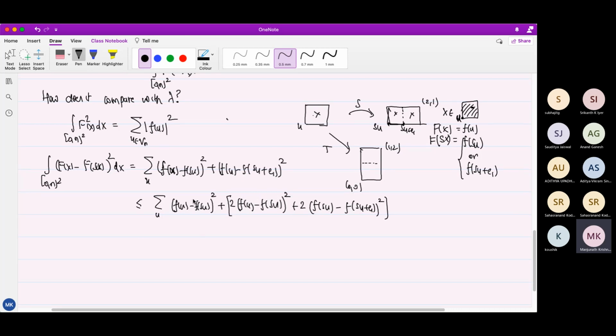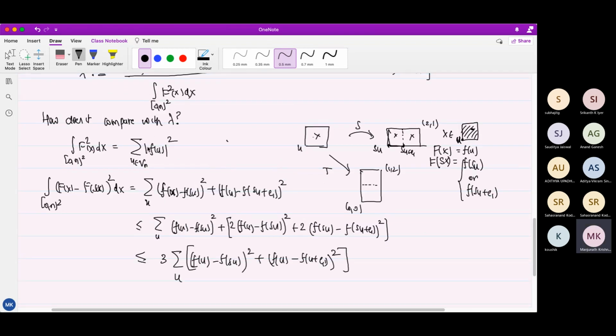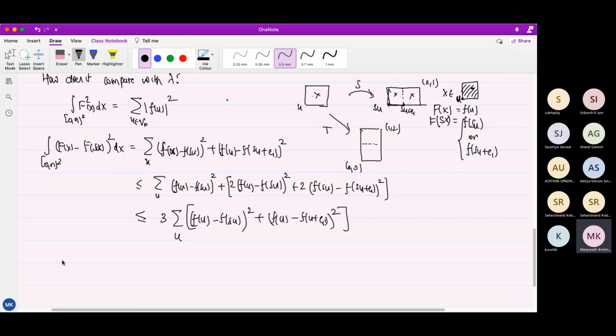So overall, as u varies, su will also vary over all vertices. So we'll just get that this is bounded by 3 times the sum over all u of f of u minus f of su squared plus f of u minus f of u plus e1 squared over all u. Is this okay? Any questions or anything here? So this quantity is basically the same as this. Similarly for t,